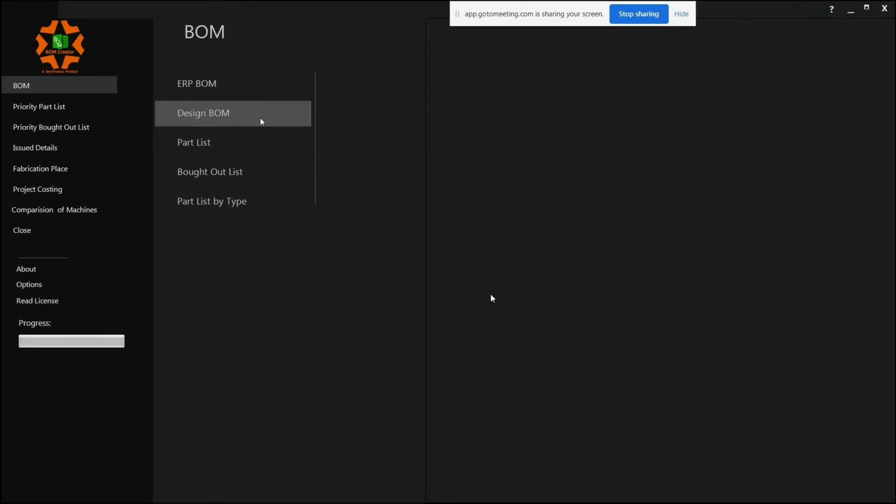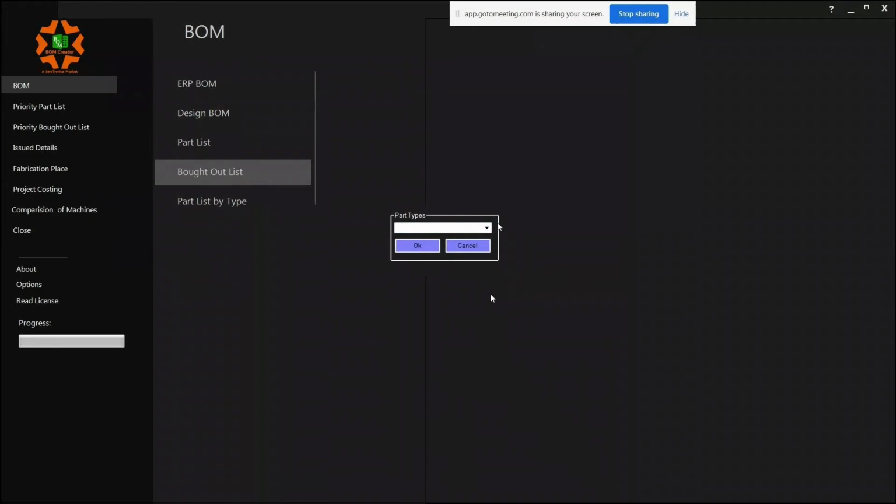Next is the part list. You can create a quick segregated part list. If I want to identify my manufacturing parts in a machine, I can just quickly click and create this list. Similarly, if I need only the bought-out items existing in my machine, I can quickly click and create this bought-out list. If you have any other type which you need in your day-to-day work, where you want a segregated list of that item, it can also be categorized, incorporated and customized as per your requirement. For example, a sheet metal list of sheet metal components in my machine, or identifying the hardware, BOP, or machine components, etc.